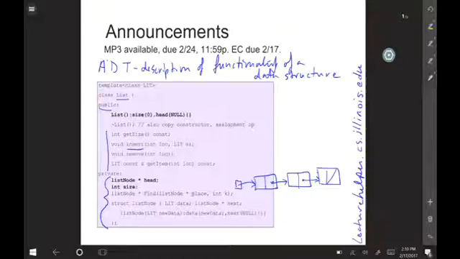Number one, we're keeping a handle on the start of this thing using a list node pointer. Number two, we've got a description of these boxes included in the private section. So while we don't see an explicit drawing of this thing, it's more like when we see an array. When we see an array, there are square brackets, and we understand what's going on. In this context, we see the way we're representing that thing. That is, we can get to all our data if we only have a place to start.